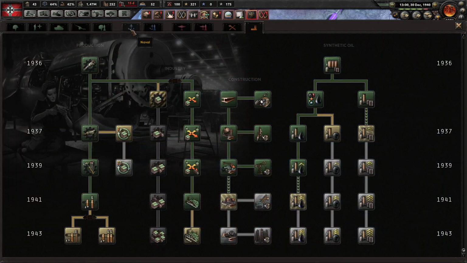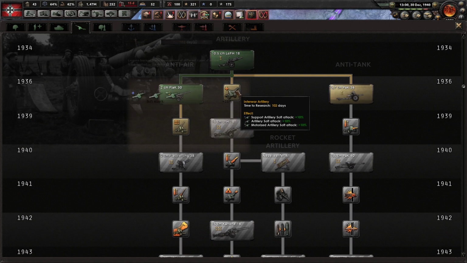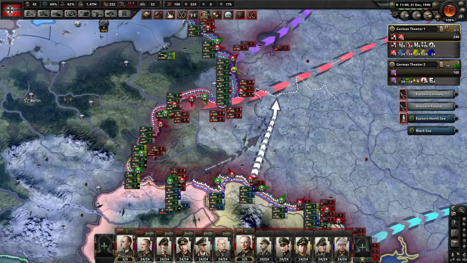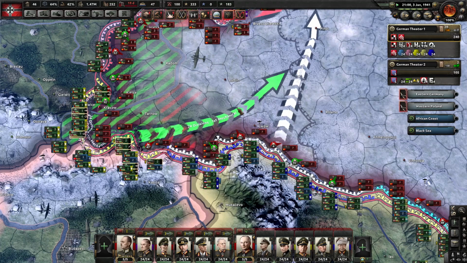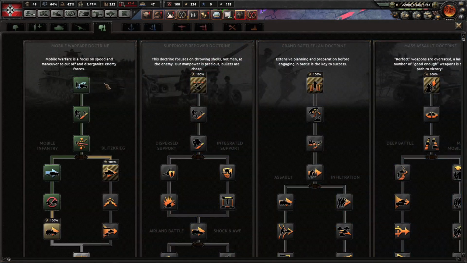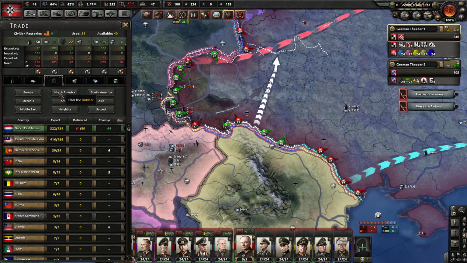Then we'll research. Do I have doctrine going? I do. Better artillery. We may as well do it. We do have artillery on every division. Now, they're able to defend here, but we should be able to enclose in around here quite well. I'm sure of it. Fuel, though, we are struggling. We really are struggling with fuel. So let's...